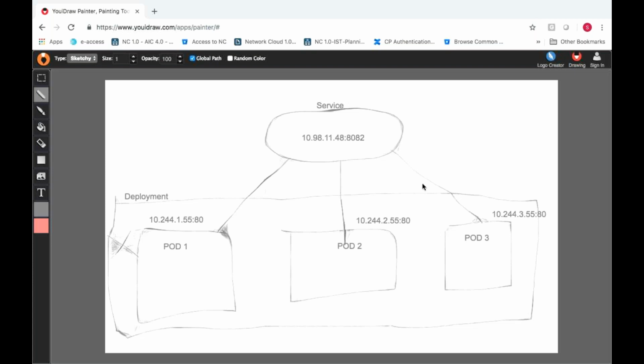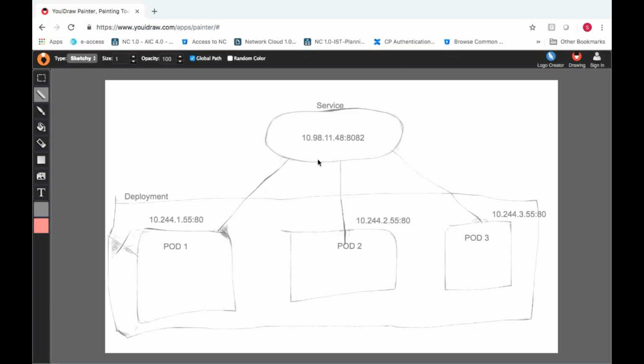If any one of the pods is deleted or terminated, immediately it will create a new pod. When a new pod is created, automatically your service will pick it up. Why? Because that pod is created with a particular label which matches the service, so automatically that pod will be attached under this service.